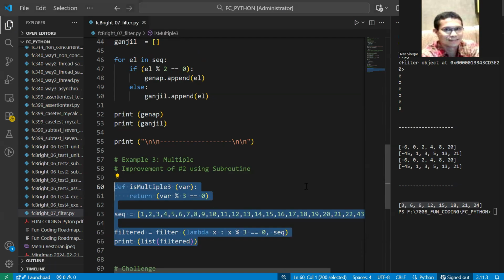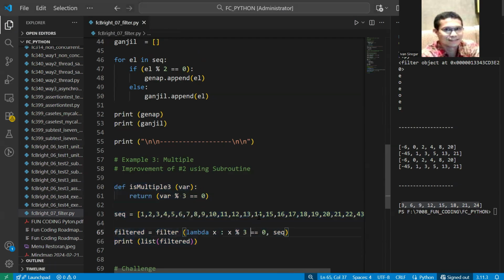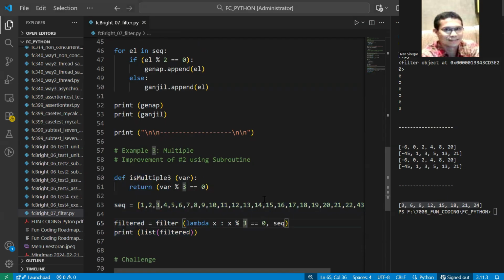If we want to shorten this, when you observe, this is actually the same as this. So why don't we replace this one with the function? This is the last part that will be shortened.